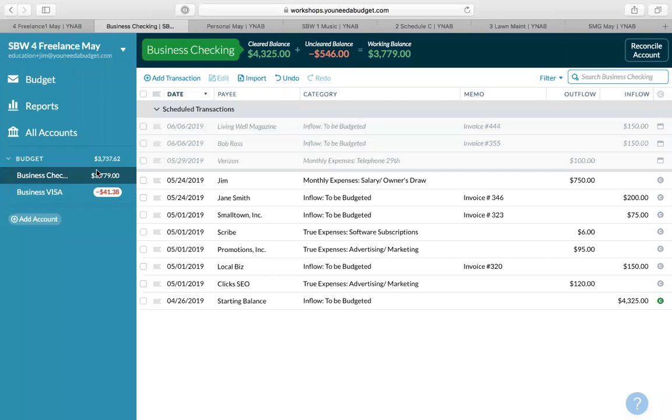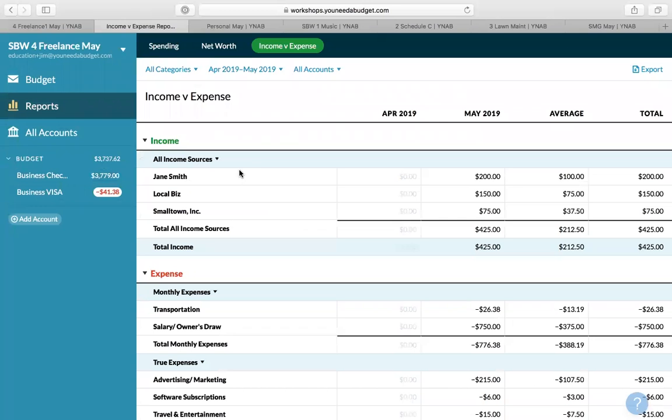Now, for a lot of folks, that could be helpful if you've got lots of invoices you're trying to track. For simple situations, I find this to be really workable. And the other thing that's helpful is I like the way the reports break down the income sources. Those income sources are itemized based on whatever my payee field is. If all my income's coming from just accounts receivable, I'll only have a single income source here. But the way YNAB's structured here, I can see the different sources of all my incomes because I've entered those as the payee names. So it's a couple different ways of approaching it, but you certainly can still use tracking accounts if you'd like.